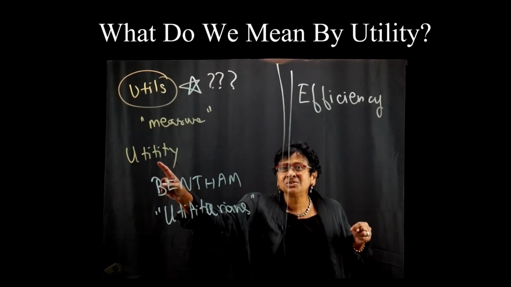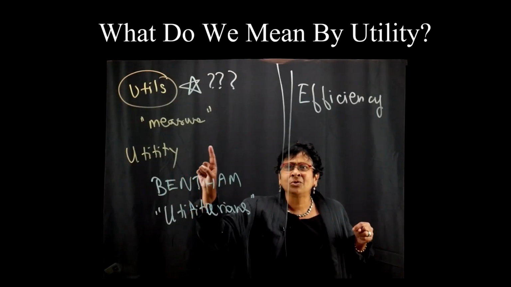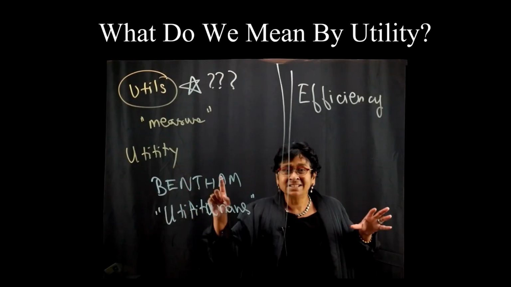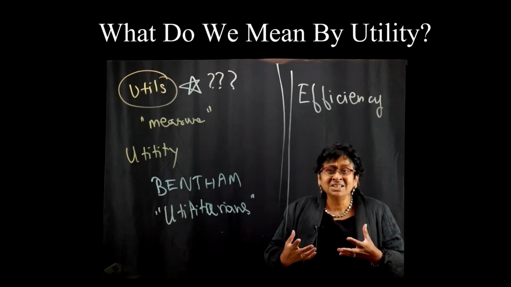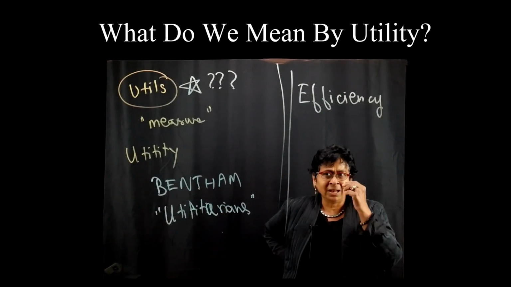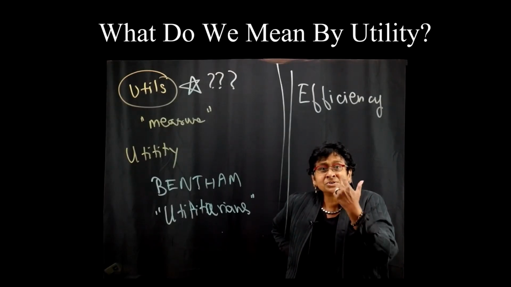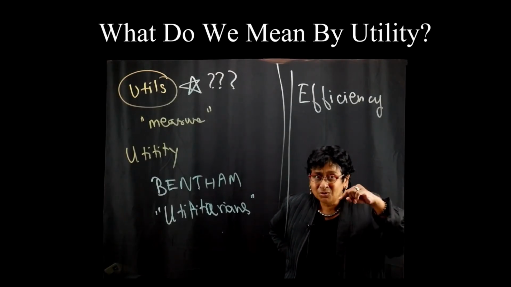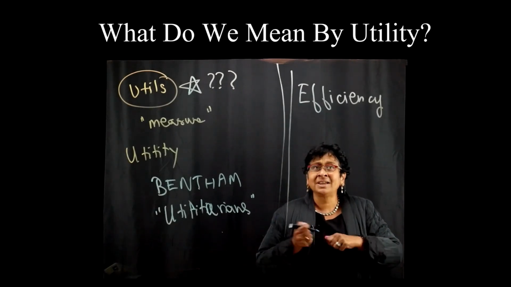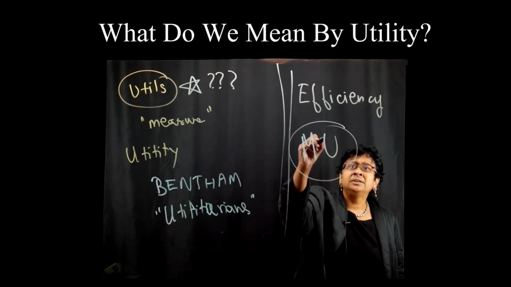When I say something has utility for you, all I mean is that it is something that satisfies your desires. It doesn't mean it's useful in some social sense. It means you want it in some personal sense. The market mechanism allows you to signal your utility preferences through prices based on, just to remind you, that marginal idea, which is the second piece we're going to come to, marginal utility